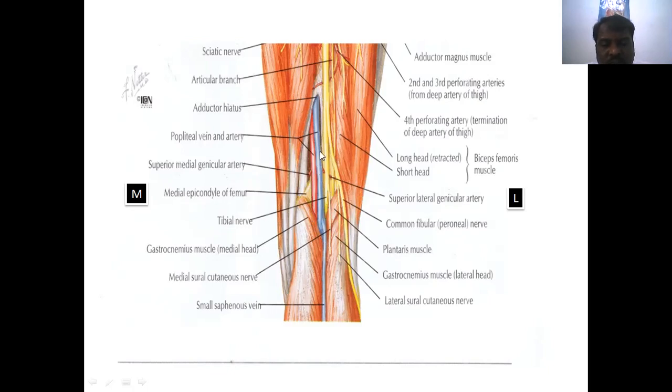This is the popliteal vein. See, this is the small saphenous vein. It pierces the deep fascia, enters and drains into the popliteal vein. This is the popliteal artery. This is the continuation: just above, if you enter the adductor canal, it is called the femoral artery. But after entering the popliteal fossa, the name is changed. That is the popliteal artery. So after removing all these structures, we can identify the pad of fat and small lymph nodes, which we also find in the contents of the popliteal fossa.